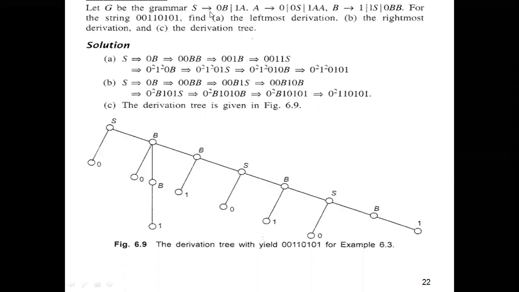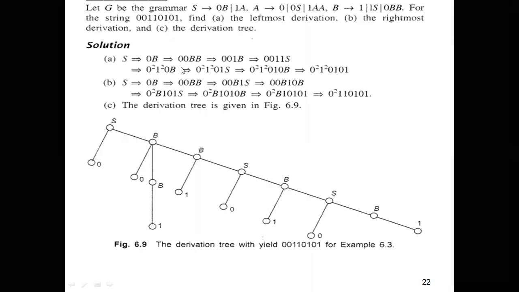I choose a rule S tends to 0B. And in the place of this B, which is the left variable here, I'm having only one variable. So I choose that it is in left. In the place of this B, I'm substituting 0BB because I need to get two zeros, right? 0BB. With these two completed, the remaining string is 1 1, I need to get an